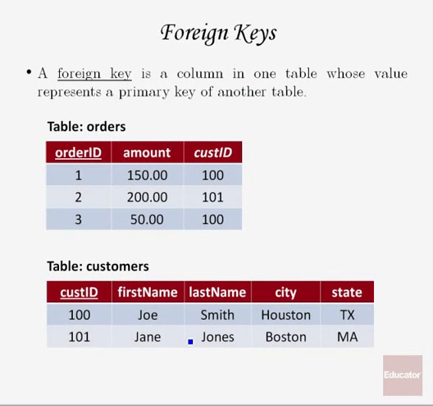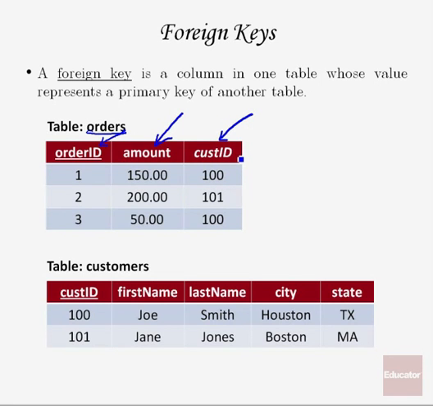It uses a concept known as a foreign key. Basically, a foreign key is a column in one table that refers to the primary key column in another table. For example, let's say we changed our orders table so that it would just have the order ID, the amount, and then another column called customer ID. You can see that it's in italics. Typically, italics in these database descriptions represent a foreign key. And this customer ID is going to refer to the primary key of a